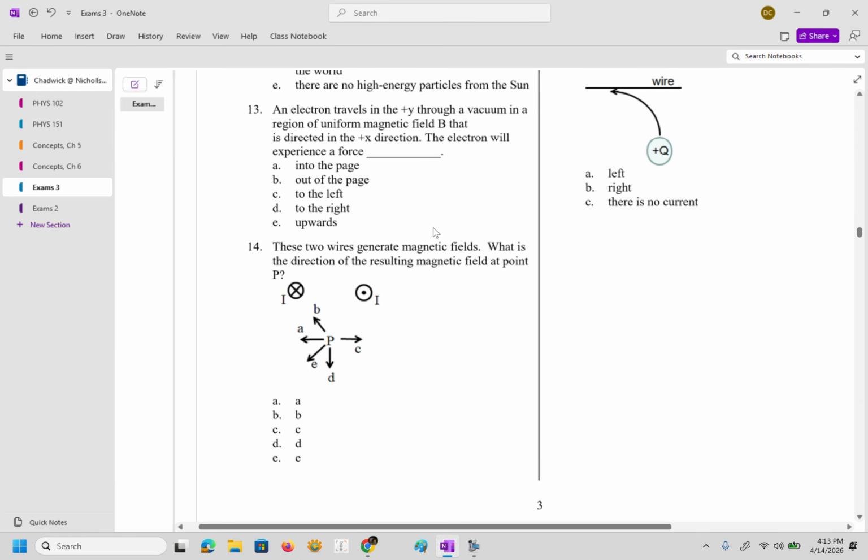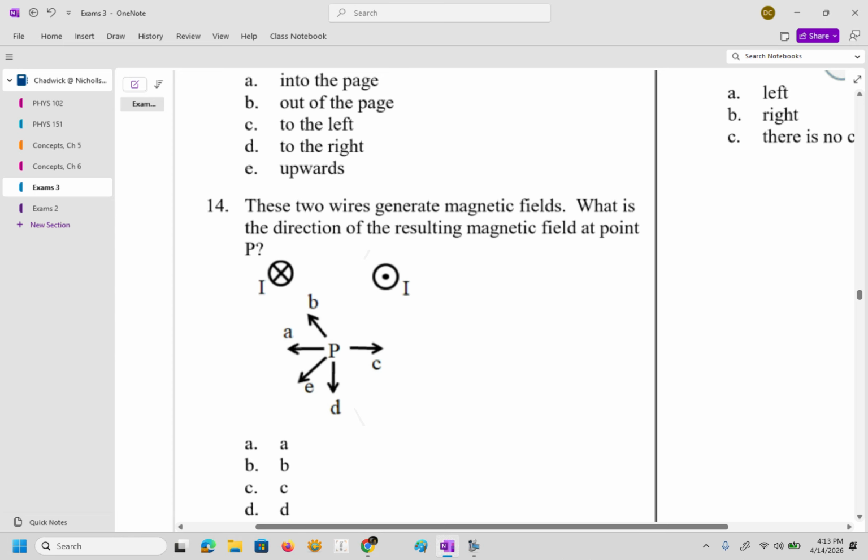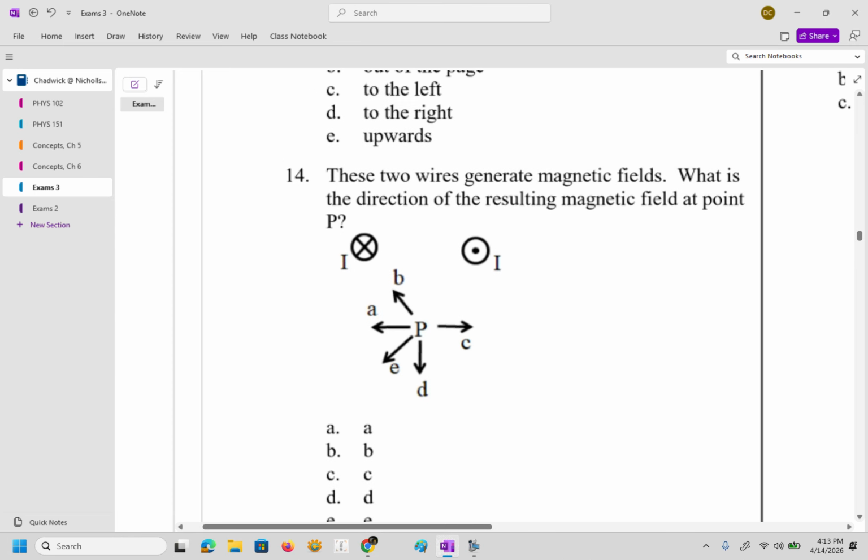Yeah, we were starting to look at one like this in class the other day. So one way you can do it, I've done this in class, like imagine this wire on the left. I do my right hand rule. I have my thumb go into the page and then my fingers wrap around, in this case in a clockwise fashion. So if I imagine I have this big circle